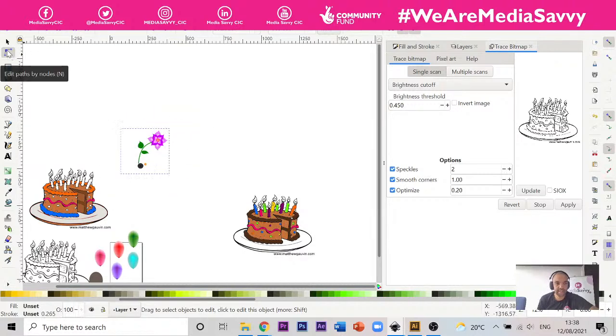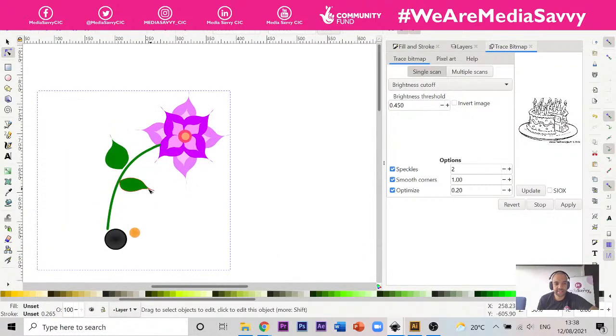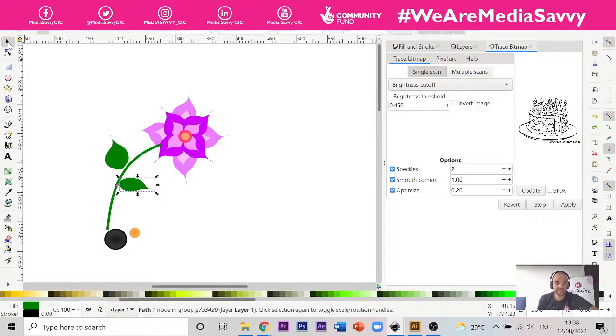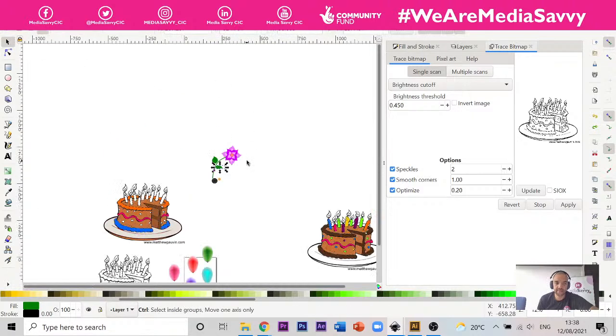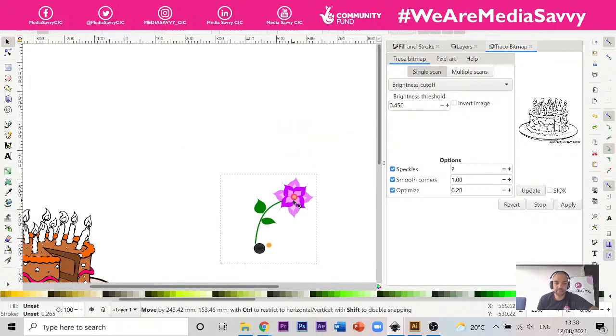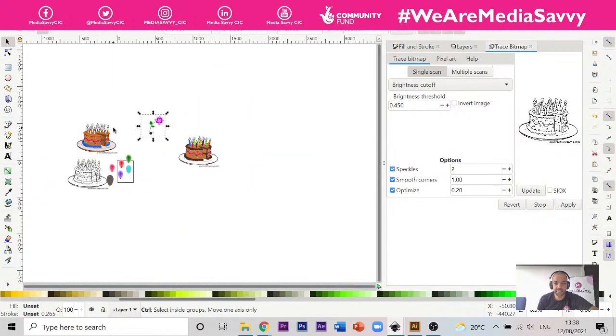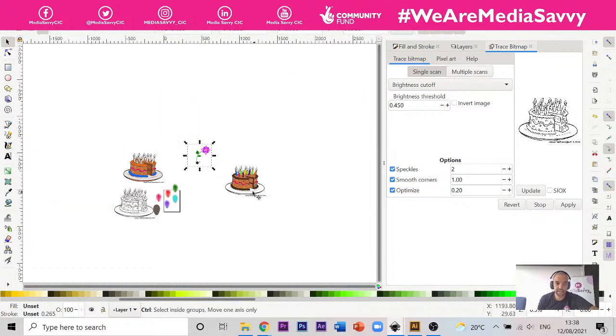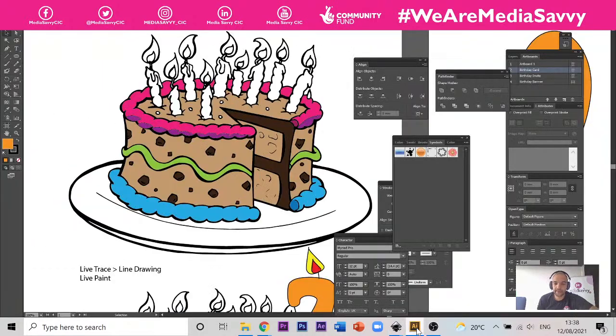This is the edit paths by nodes tool. It allows you to edit the individual elements of that shape, to change and move the points of that shape. This tool here, the selection tool, which we have in Illustrator, allows you to select the entire thing and move it and manipulate it that way, the object in its entirety. Okay, we're going to go back